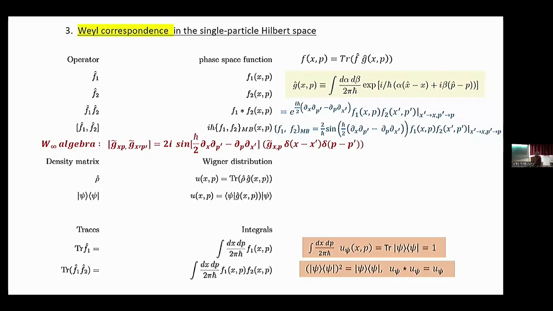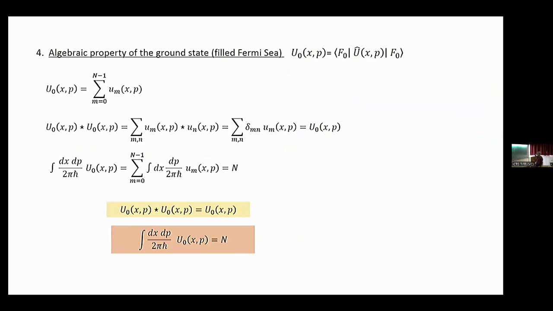So the integral of the Wigner distribution, this is all for a single particle, is 1. And the fact that projector squared equals projector translates to this statement that U psi star U psi is equal to U psi, for a single particle. Okay, so now let's go back to the n particle